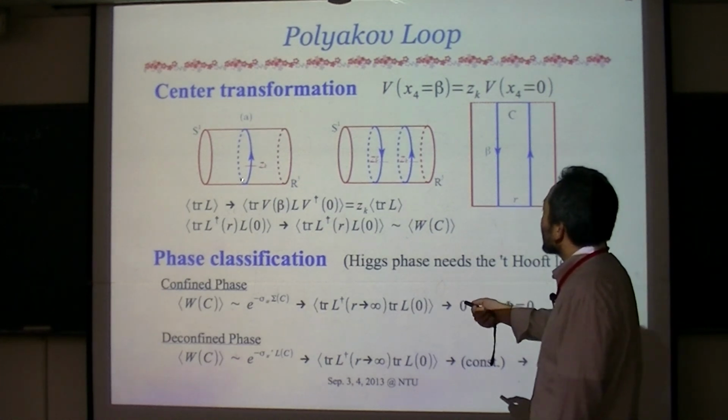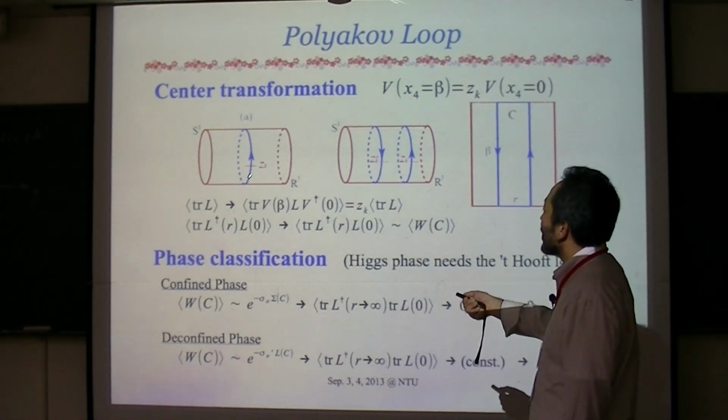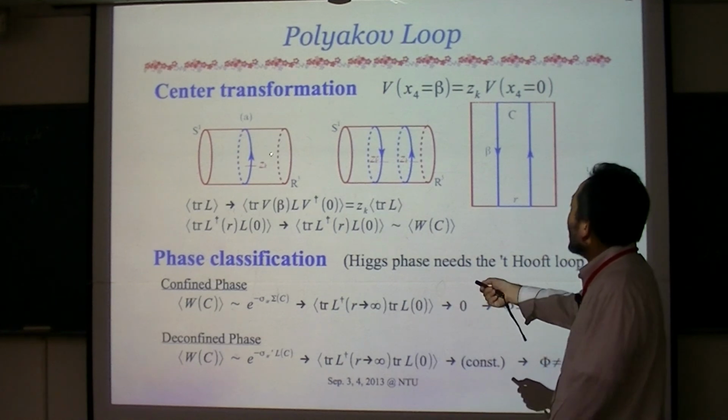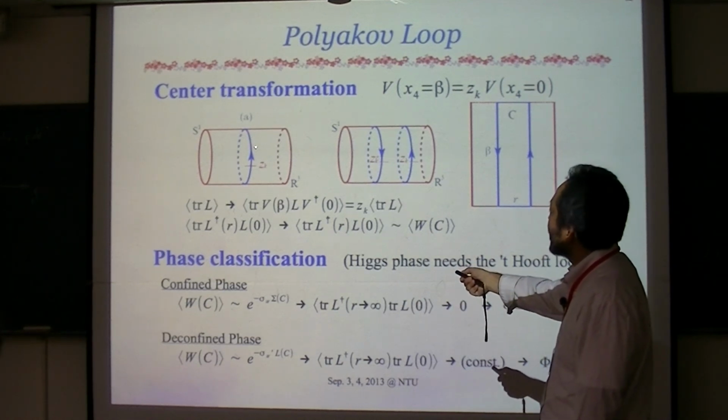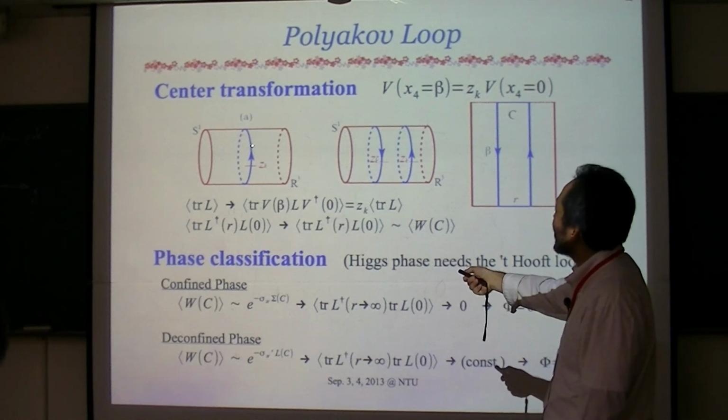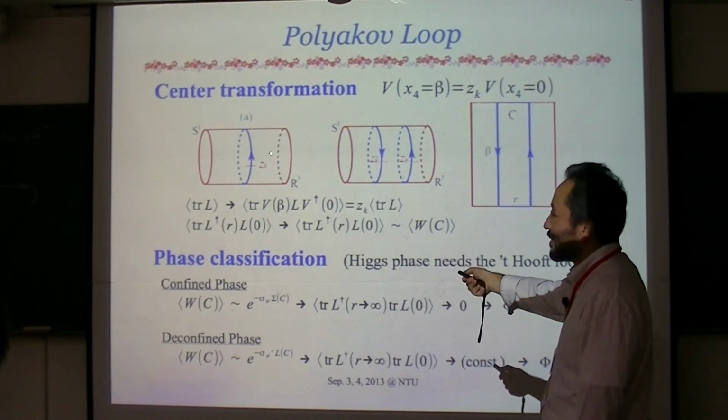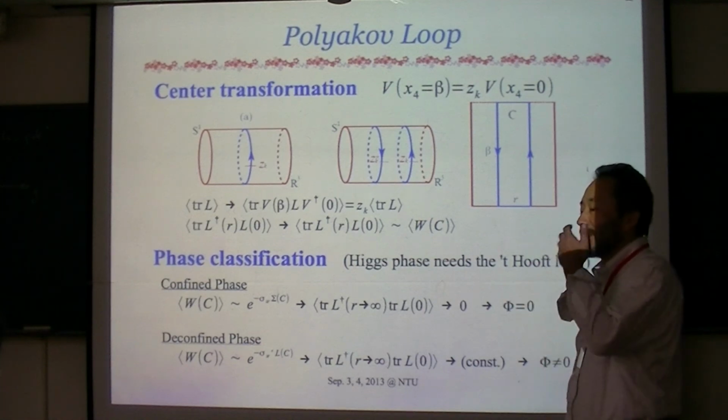Like, the Polyakov loop is this kind of configuration, right? And then you can have many diagrams, like this one or this one, or more complicated diagrams. So they give